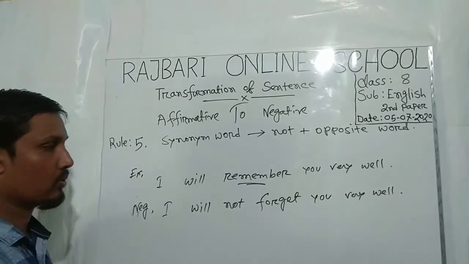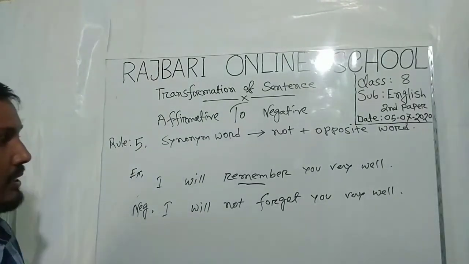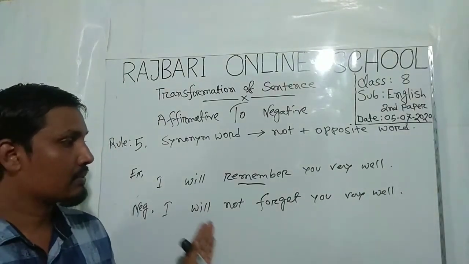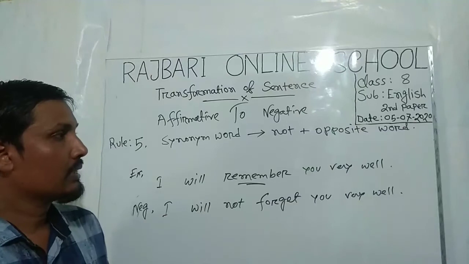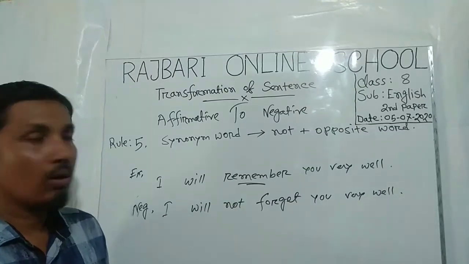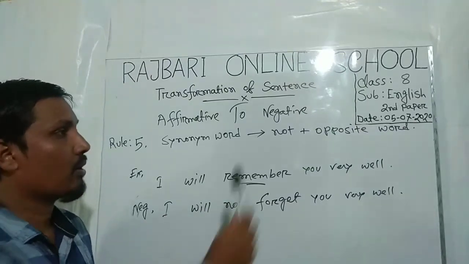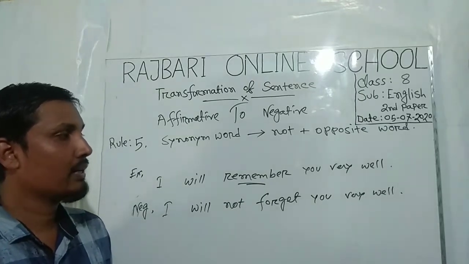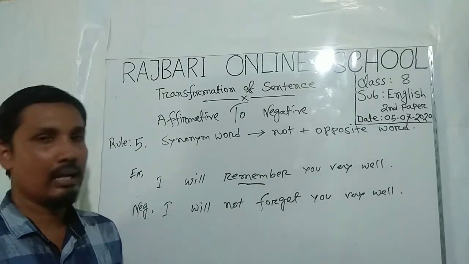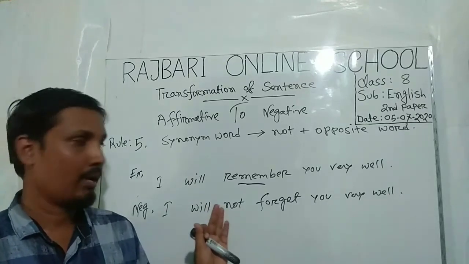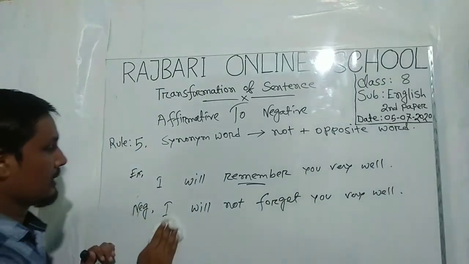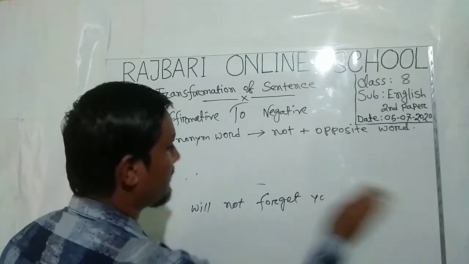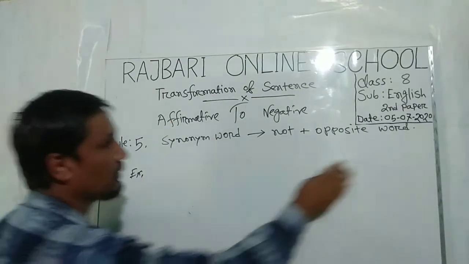Have you understood this sentence, my dear student? For this reason, and if you understand this sentence better, you have to remember and recall some word which is opposite word. You have to read out this type of word from your books. You can take the help of book about this matter. Okay, next we will learn another rules.